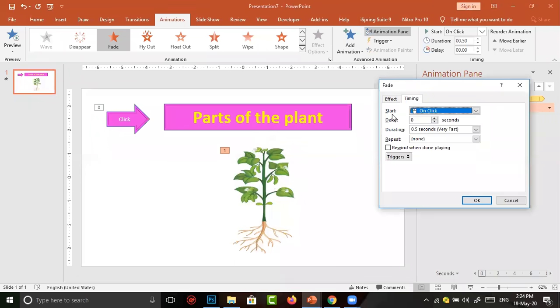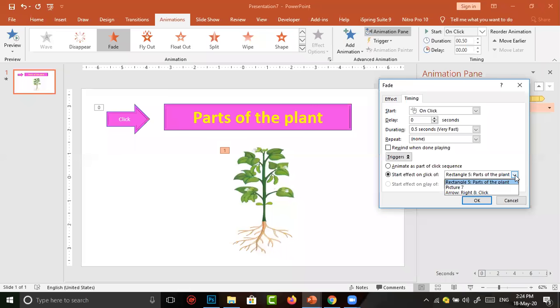In timing, there are many options. Here I am going to triggers. After clicking on triggers, two options are there. One is animate as a part of click sequence. The second one is start effect on click of. If I enable this start effect on click of, here a down arrow is there. After clicking the down arrow, we can select anything in our slide.